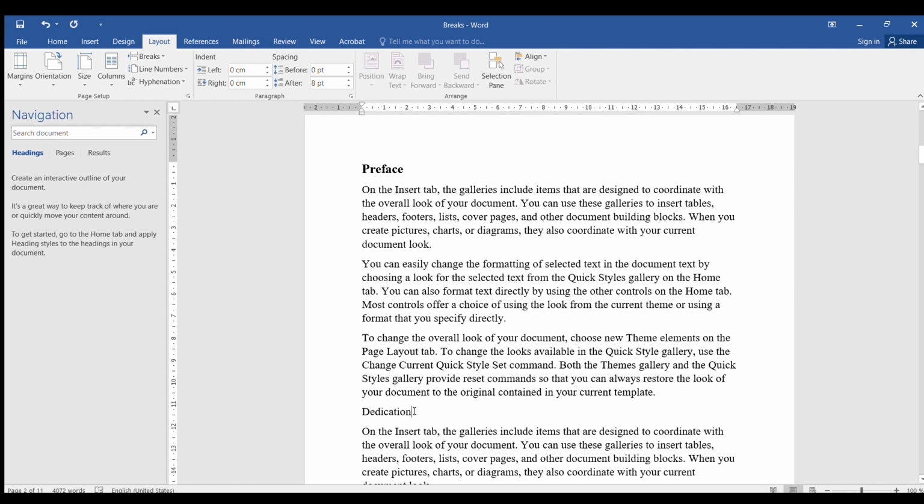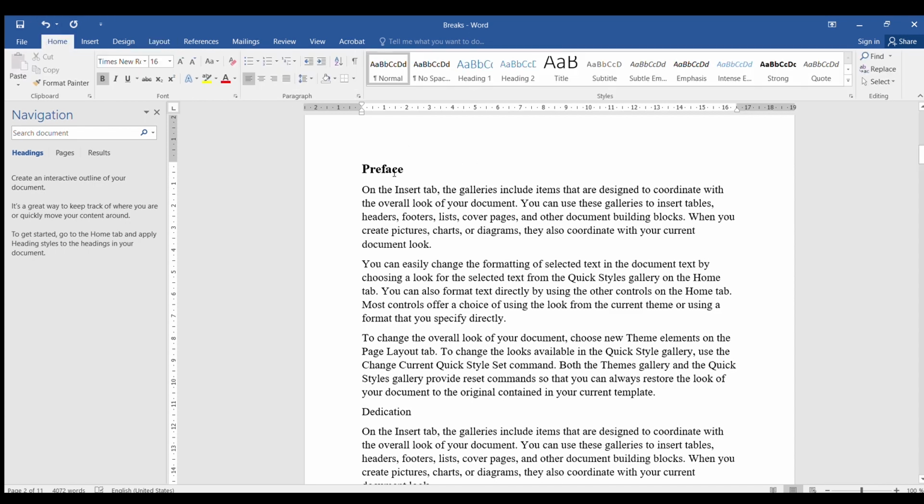Remember, so long as I have formatted my first heading, I don't need to bother about the second heading. I can format it using the previous lesson. Remember, go home, and I want